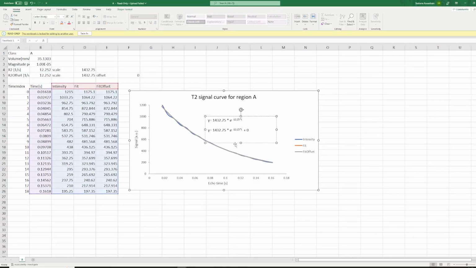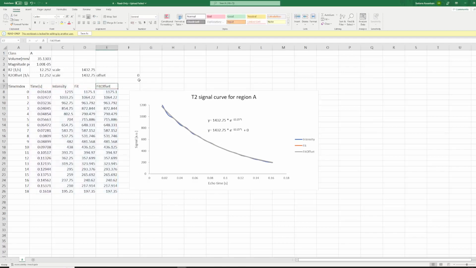And there is a slightly different fit which involves an offset here called fit offset. But in this case the offset is 0 in this example, so the fit is very accurate to the curve. And this was for the first well, for A.